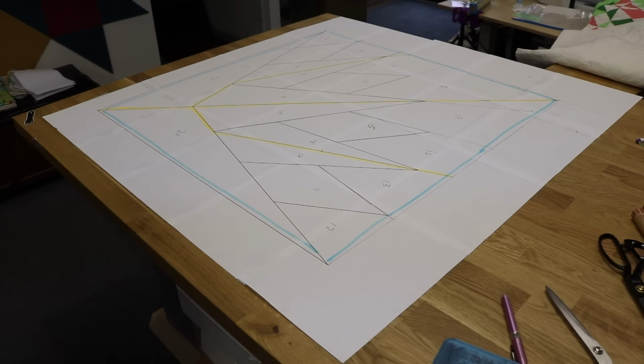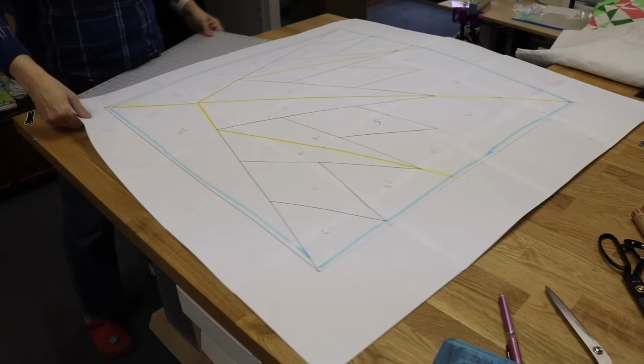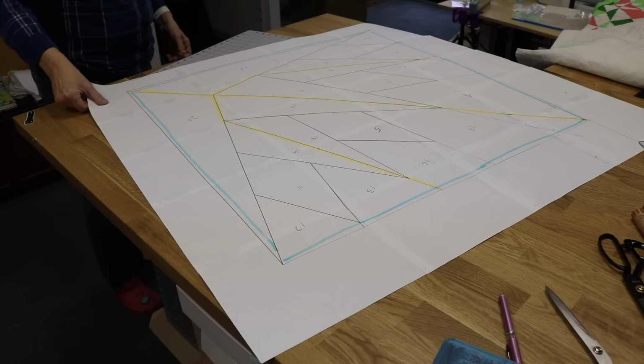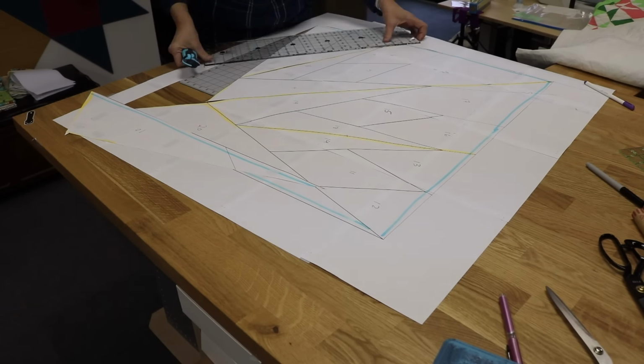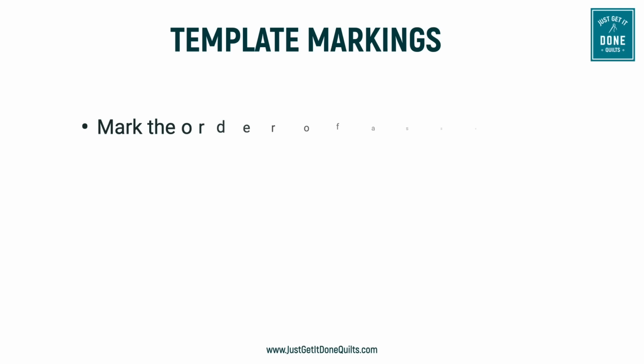Now that we've cut all our freezer paper, don't think that this photocopy paper is going to go to waste. We are going to cut it up and use it as templates for our fabric. You can use a rotary cutter and ruler or just scissors, but just follow the lines and cut out the various pieces. The template pieces are already marked with the order of assembly, and then we did that blue marker